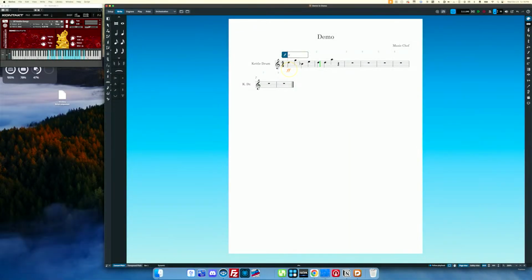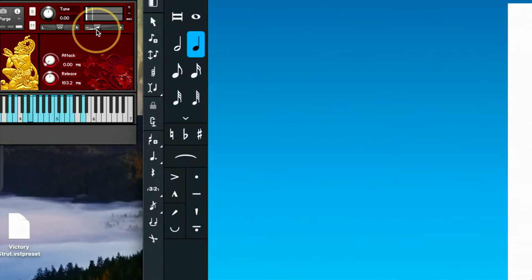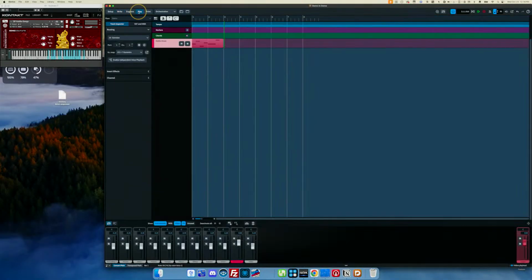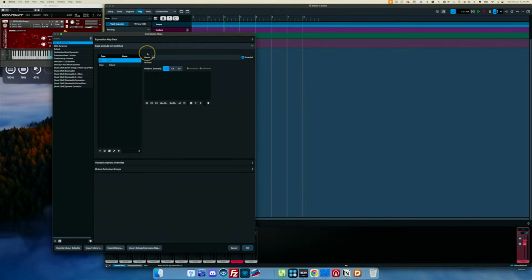If I were to go, let's see, across all these notes, Shift D, and I were to do pianissimo all the way up to, or triple P up to double F, you'll see that as I play this back, this slider is moving up, responding to my dynamics. And that is because I set up this very simplistic